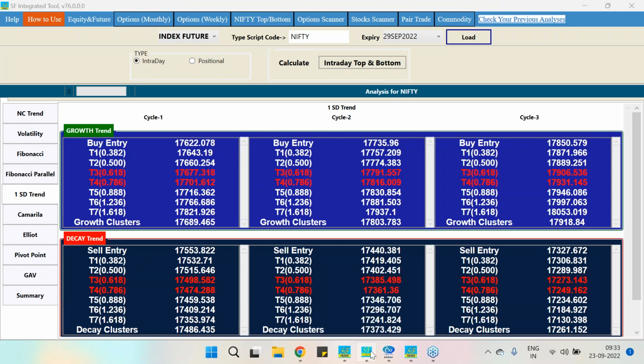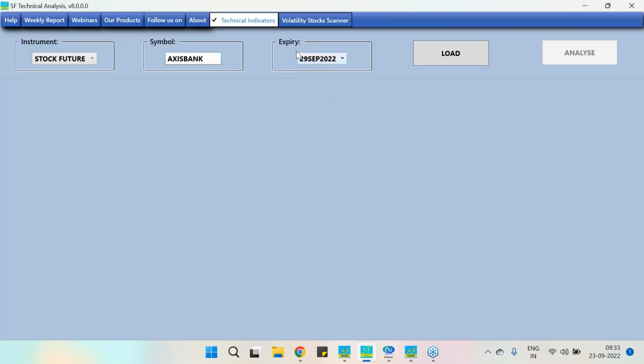today we will be learning two things here. One, how to use the technical indicators. Gautam will again discuss the volatility scanner. So the objective of the volatility scanner he will be discussing, and I will be taking the technical indicators part. Here our technical studies are very different. So those who